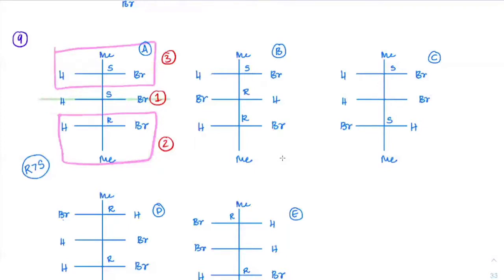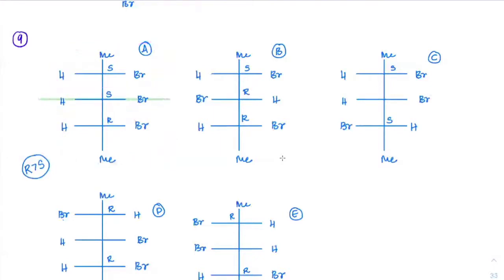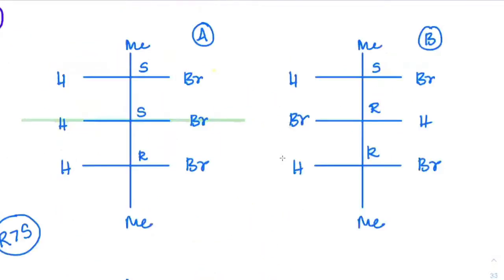I have directly written the result, but I hope you understood how it has come. Clear, everybody? Are you following this? If above is S, below is R, correct? Then this middle one would be S configured. You can do that manually also. Just write down this chiral center with bromine, hydrogen, this group and this group. Give this one more priority compared to this one.